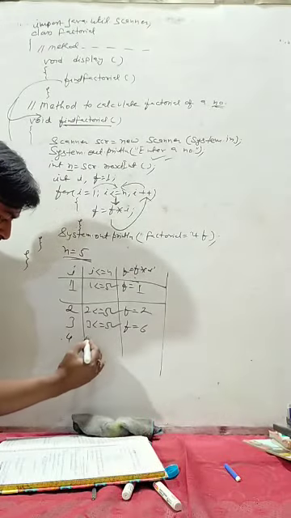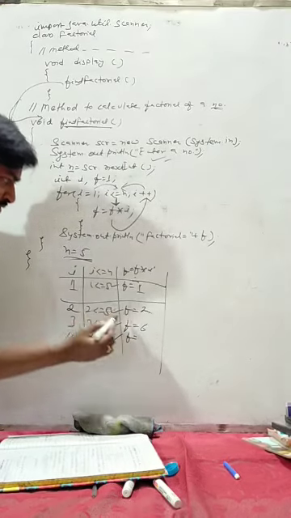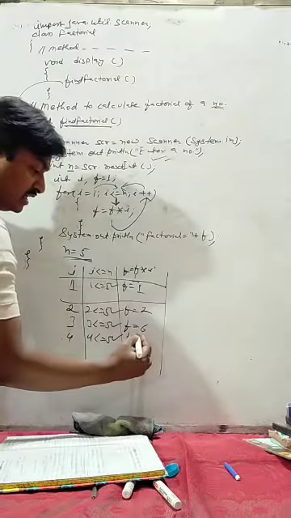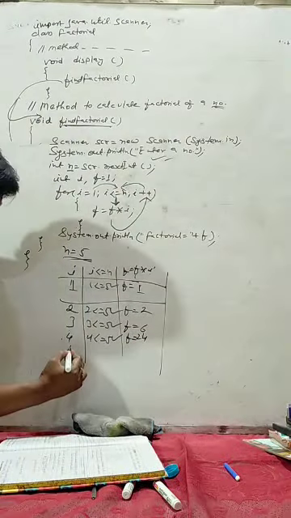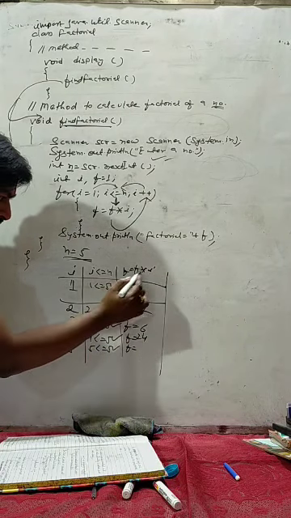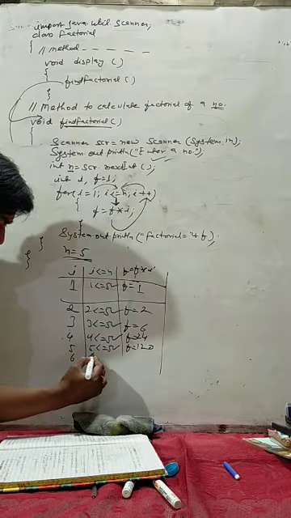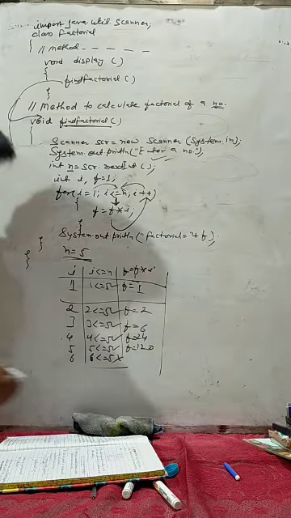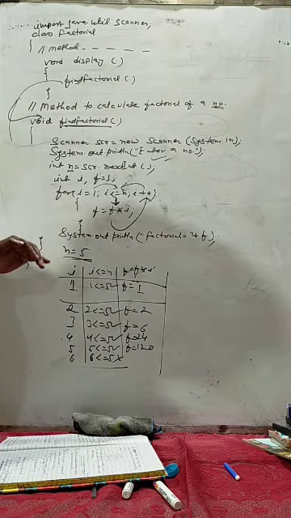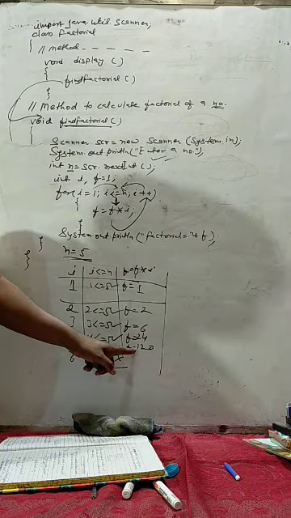Again I plus plus, it is 4, 4 less than equal to 5, condition is true. Then f equal to f into I, the value of f is 6 and I is 4, 6 4 ja 24. Again it is 5, 5 less than equal to 5, condition true. f equal to f into I, 24 into 5 is 120. I plus plus 6, 6 less than equal to 5, condition is false. The loop will terminate and f will come out with a value of 120.